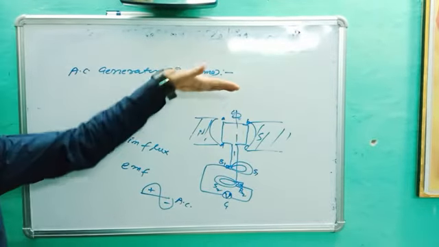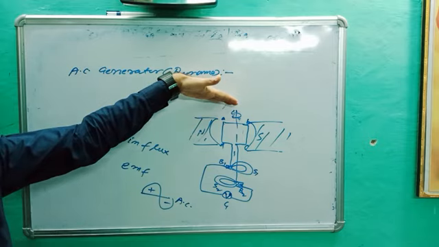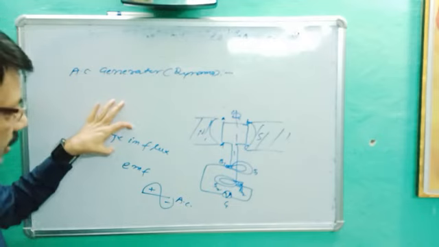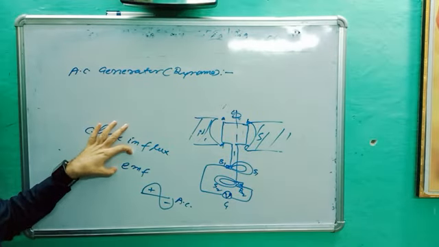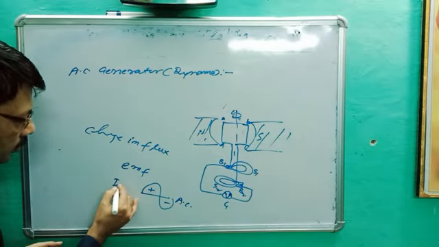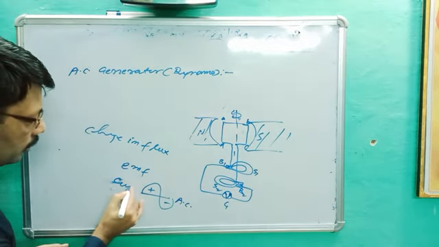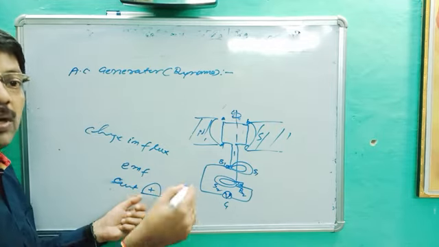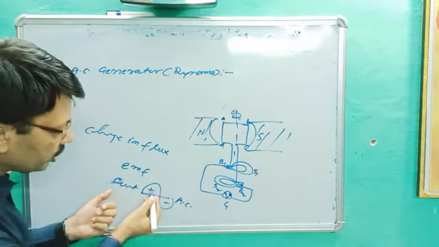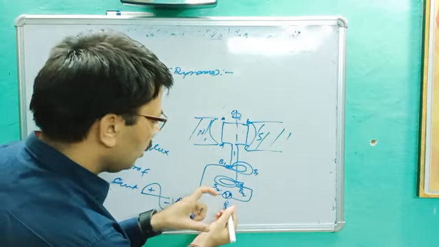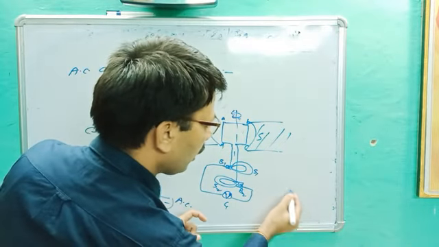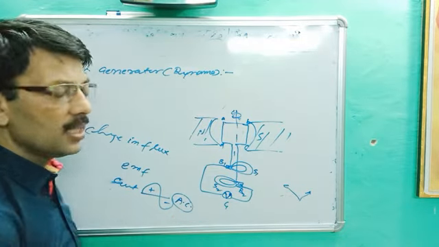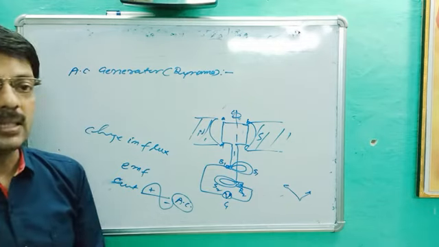Once again, when the armature rotates between the field magnet by an external source, then due to change in flux, EMF is created and current starts flowing, which changes its magnitude and direction. You can see there, in the next lecture I will tell what are the AC, what are the DC. Here sometimes positive and sometimes negative, because in 180 degrees the direction will reverse like this. One time left and another time is what? Right. It means it will change the direction. Such current is called AC current, and the device is called AC generator.